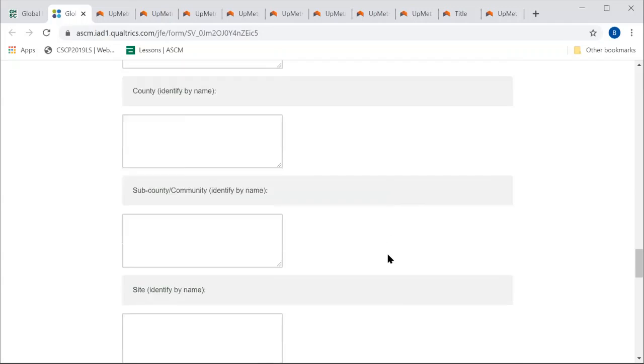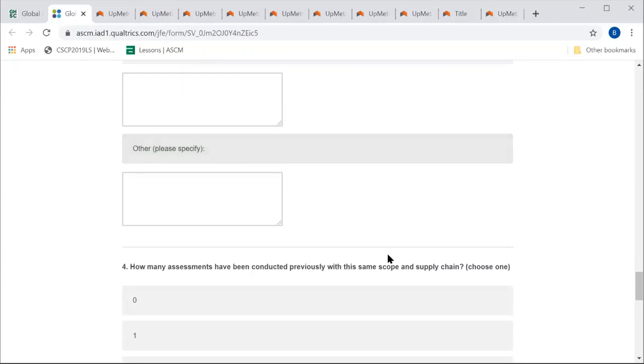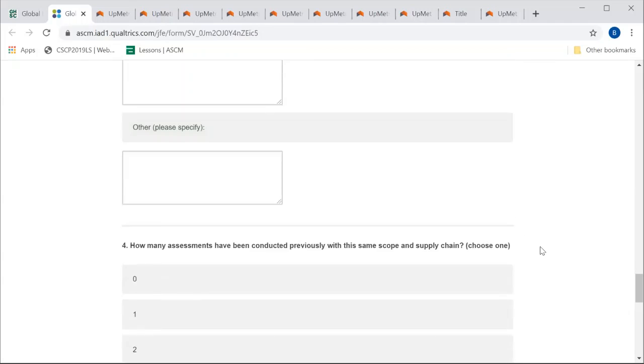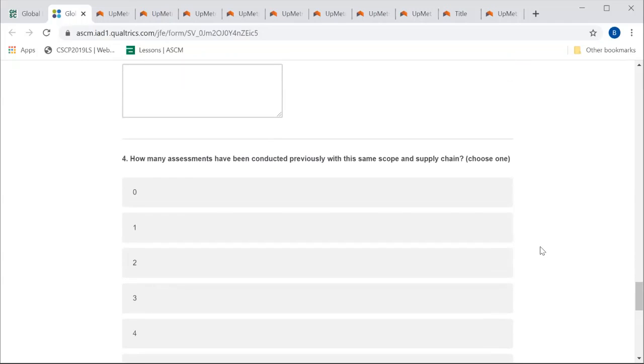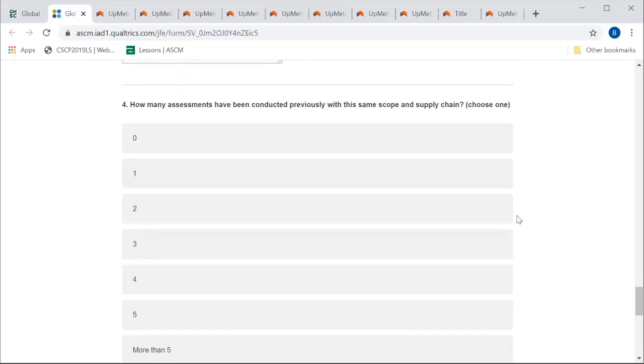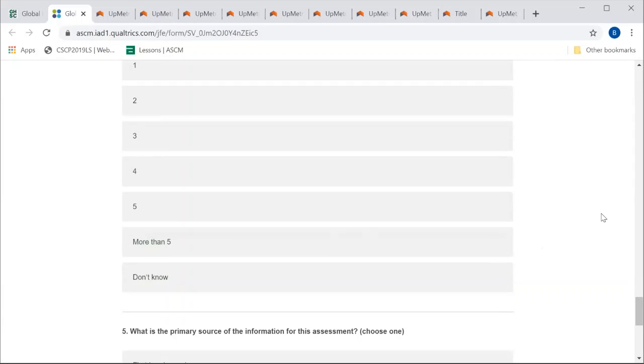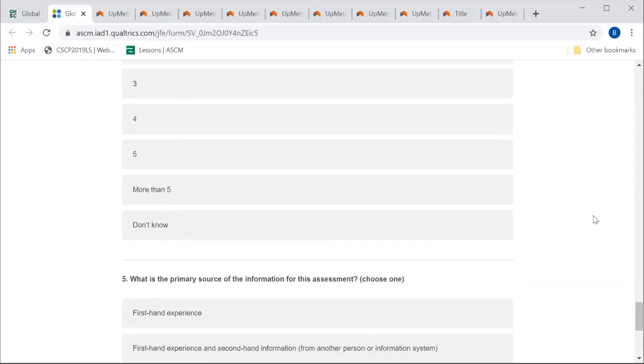So please note this when you're making a selection of who is supposed to be in the hall or be conducting the assessment with you. Now for this question, it just gives a highlight of how many assessments you've conducted over time. If you've never conducted an assessment and this is your first one, you just click 0. But if you've conducted before, remember how many, and click the number you have done previously, and then you move ahead.